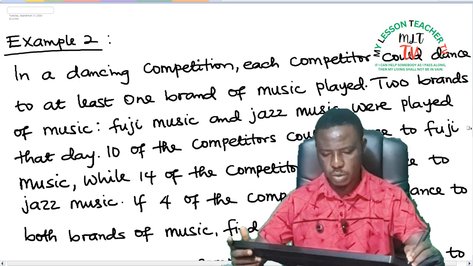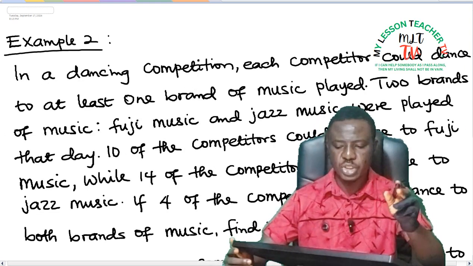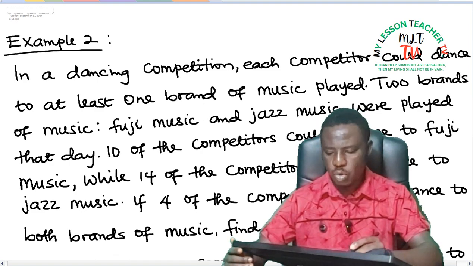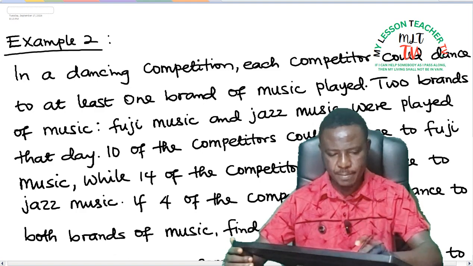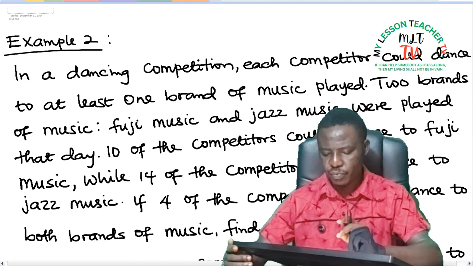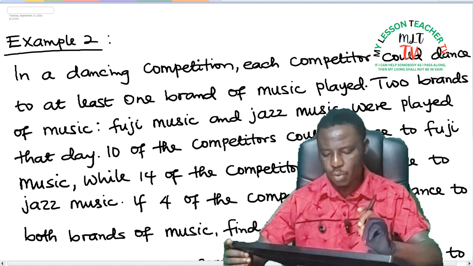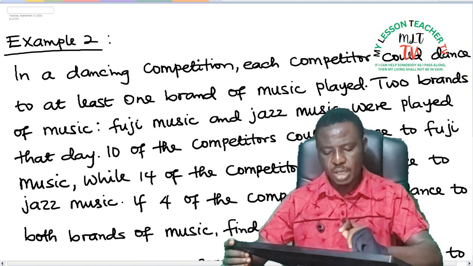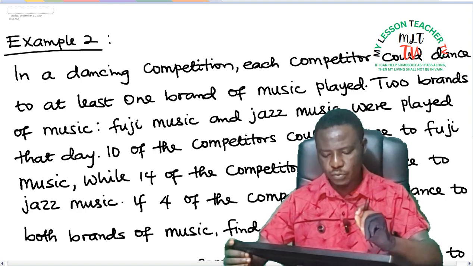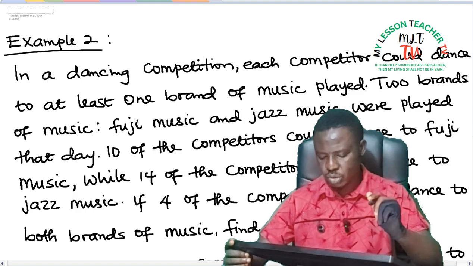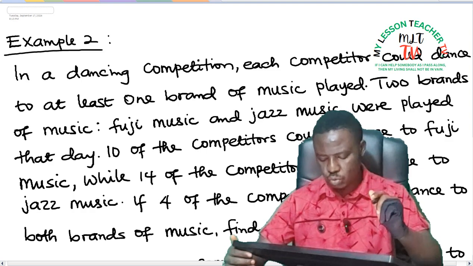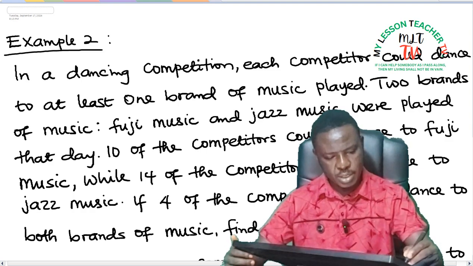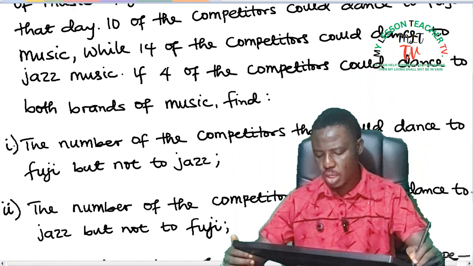Example 2 reads that in a dancing competition, each competitor could dance to at least one brand of music played. Two brands of music, Fuji music and jazz music, were played that day. 10 of the competitors could dance to Fuji music, while 14 of the competitors could dance to jazz music. If 4 of the competitors could dance to both brands of music, we are to find